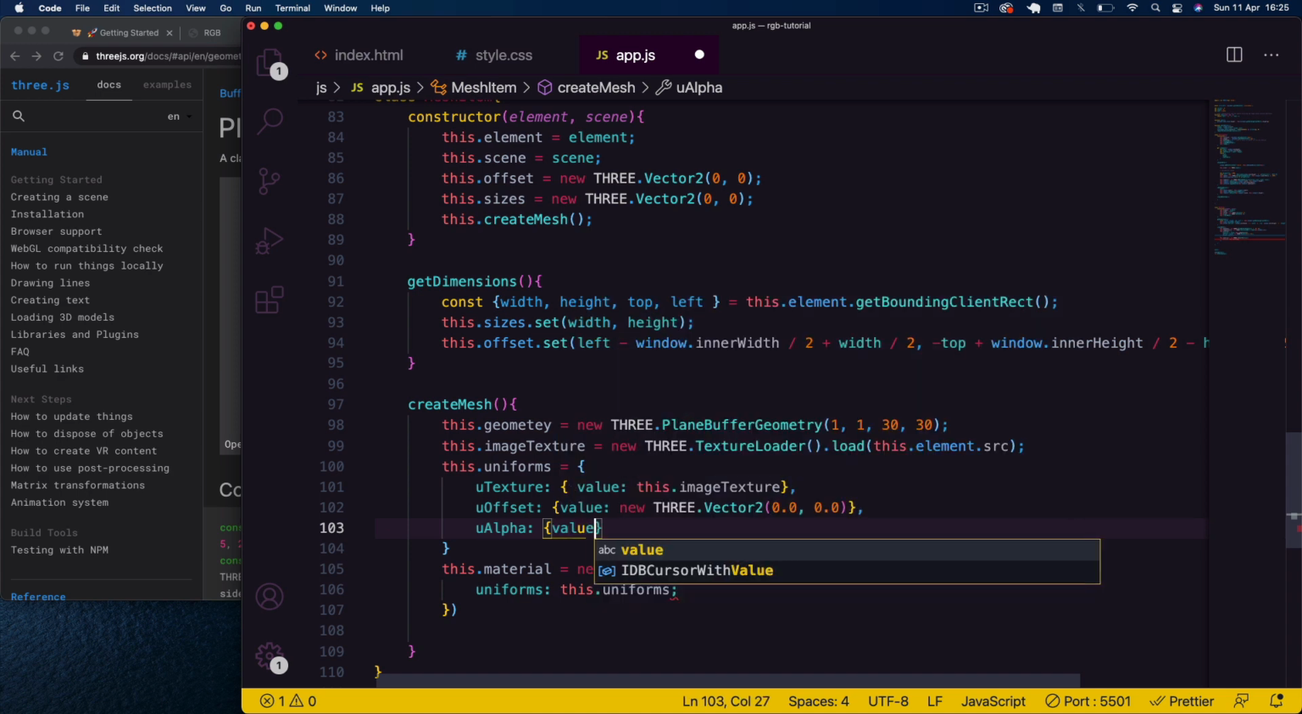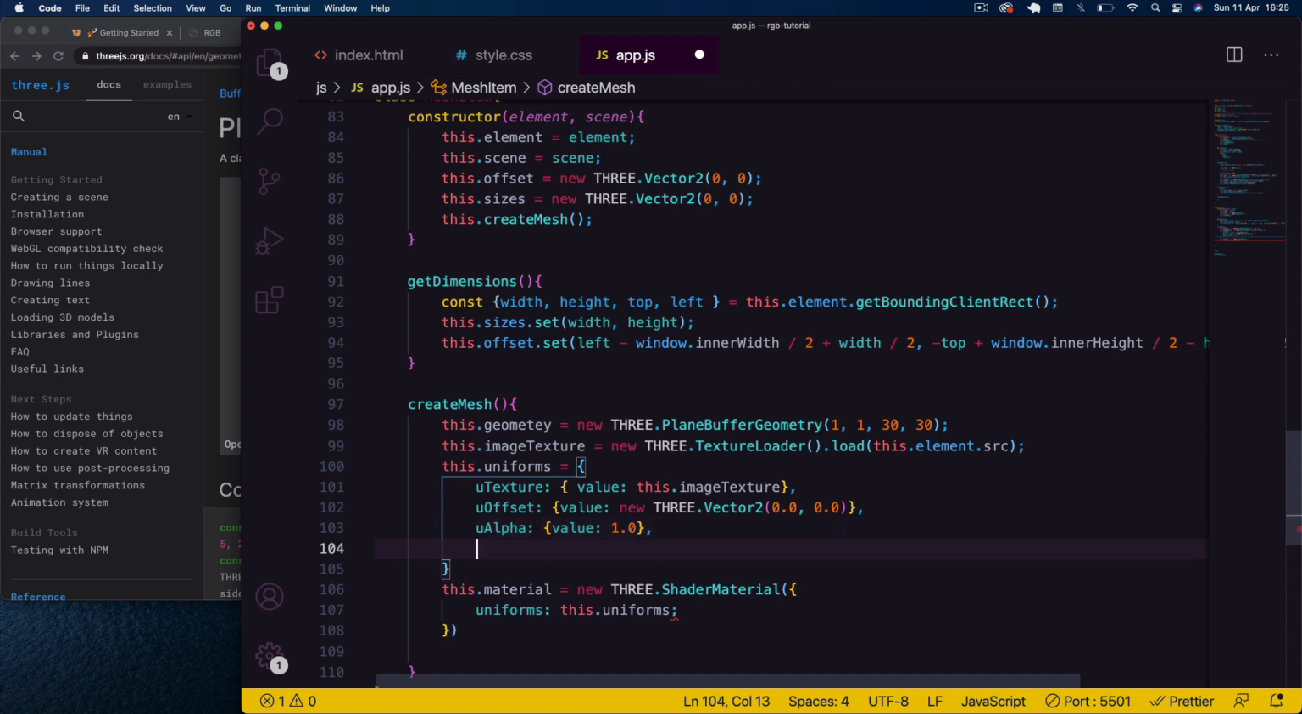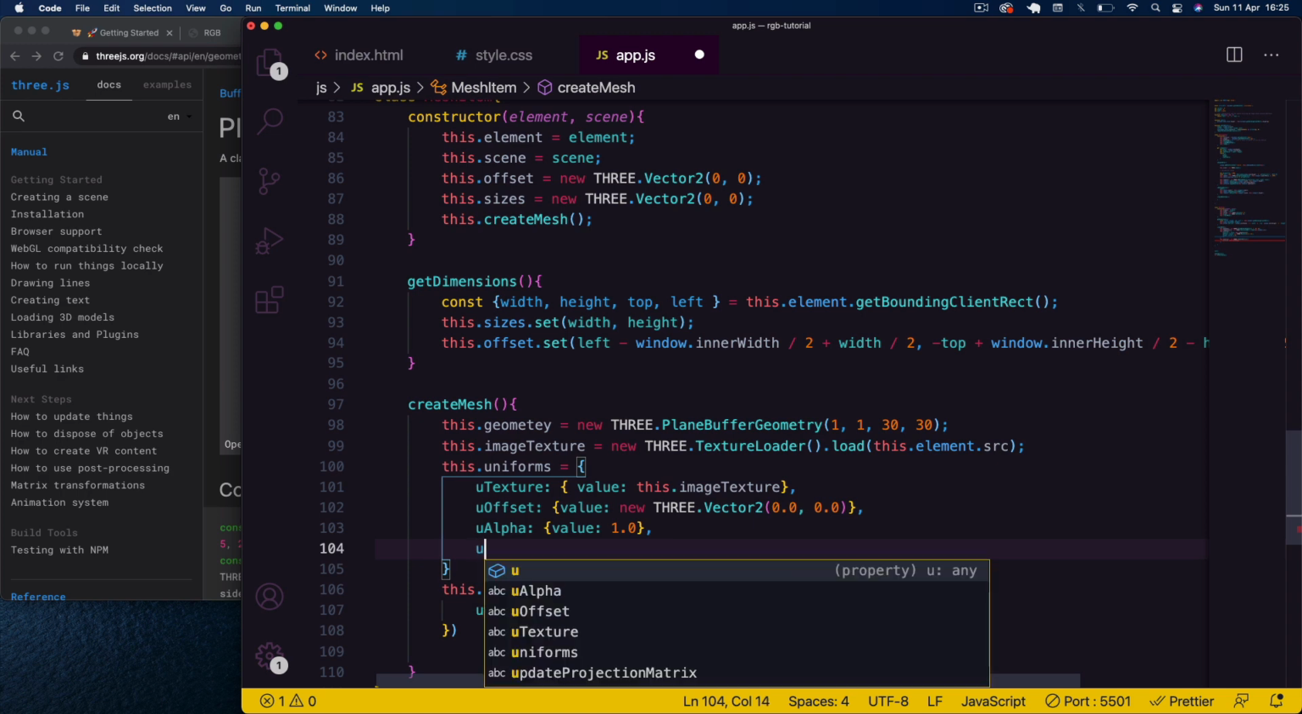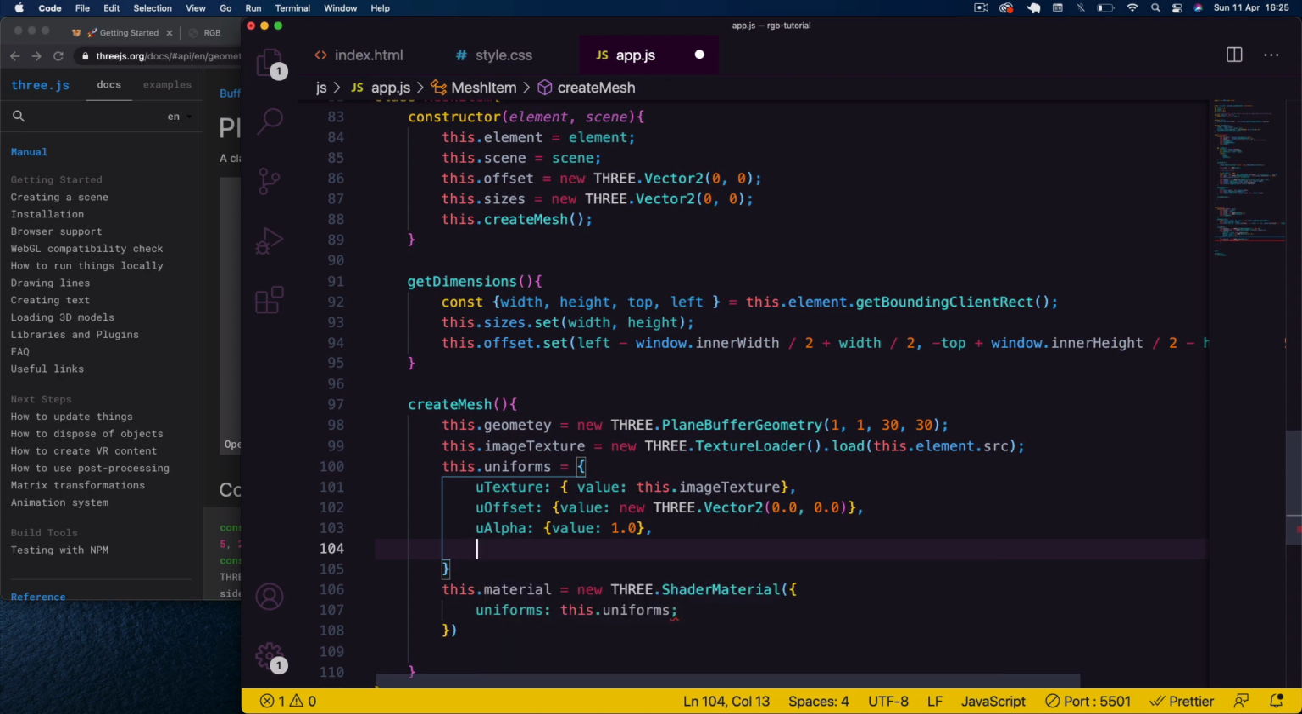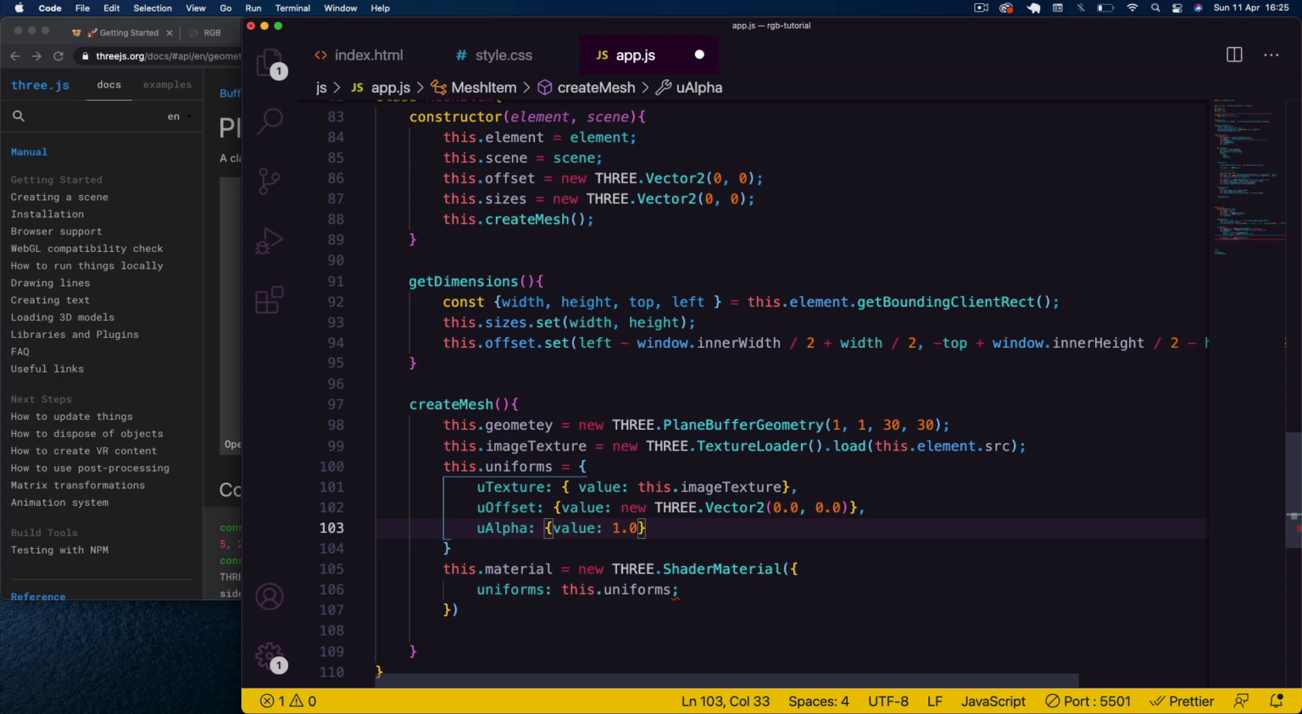I'll set that initially to 1.0. That'll just make all the meshes viewable, not opaque at all. Sorry. That's it for now. That's all we need. Okay, so now,